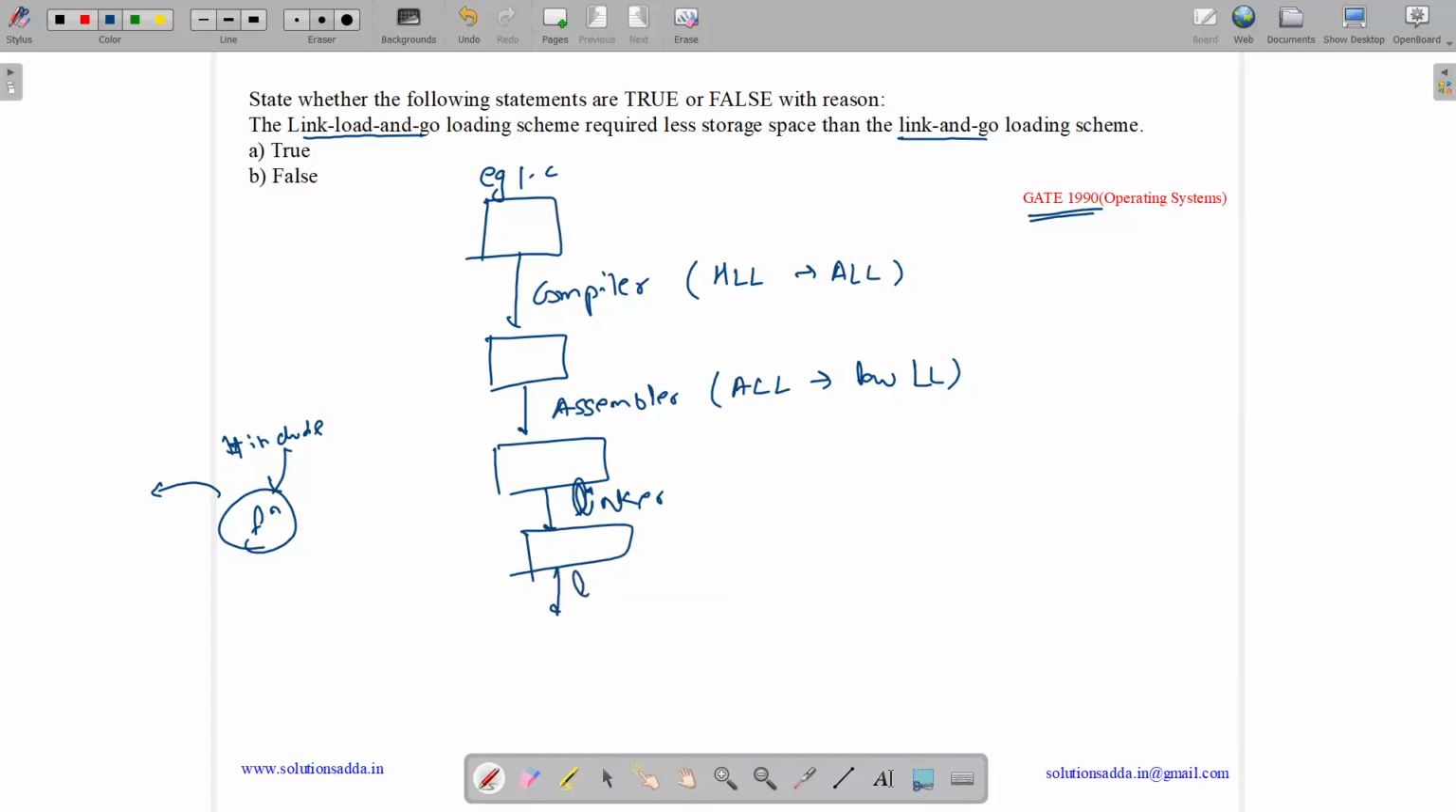Then we have the loader. The loader basically loads a program to a main memory address. So now we get the low level language. Now there are two types of loading scheme: link, load and go loading scheme, and link and go loading scheme. In the first loading scheme, the linker or the link editor